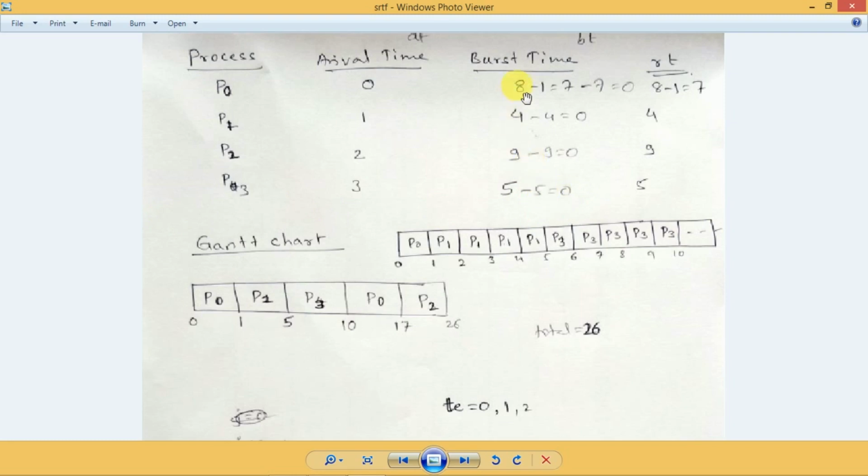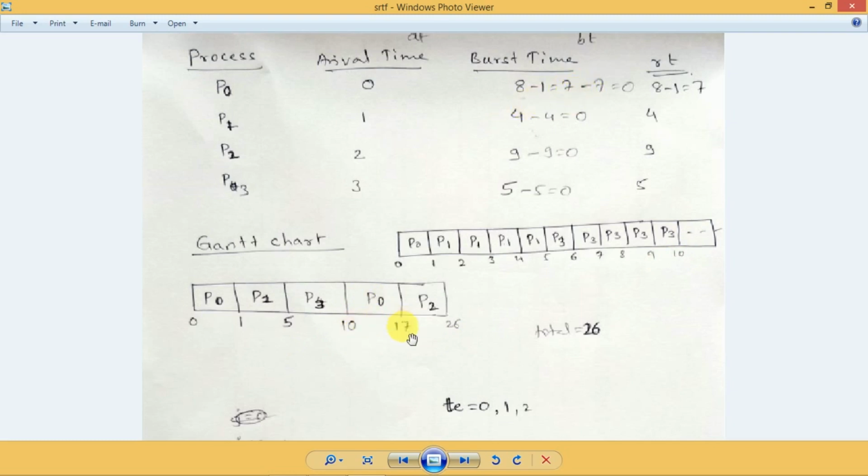Two processes are remaining, P0 and P2. P0 remaining time is 7 and P2 remaining time is 9. So P0 is having the smaller one. You have completed P3 at time 10. So from 10 the P0 is allowed to execute for the remaining burst time, that is 7.